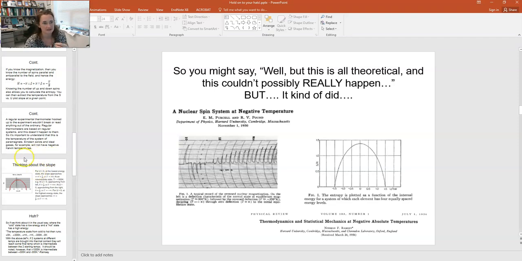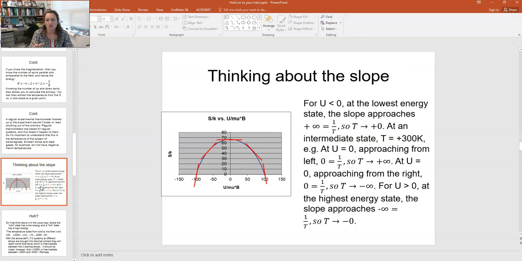So let's give that a shot. To do this, let's think about the slope on this S versus U plot and figure out what it means at various points. I'm going to start over here on the left where things are normal and work my way over to the right where things are very strange. So for U less than 0, on the far left-hand side of that plot where it intersects S equal to 0,